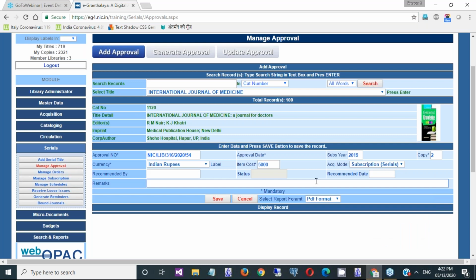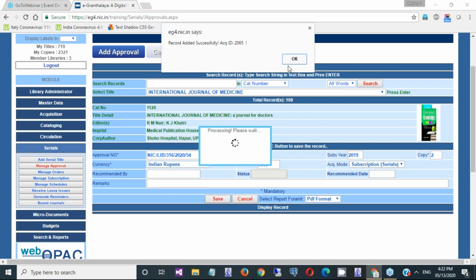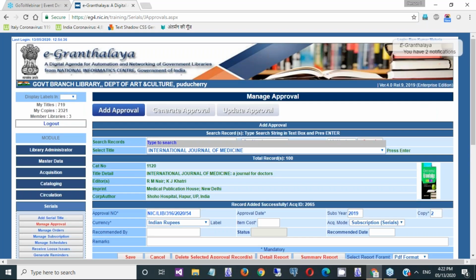So only a few fields are required to be typed here. The mandatory fields are approval number, subscription year, copy, currency, and item cost. Then save it. So you have created a purchasing record of this journal for 2019.